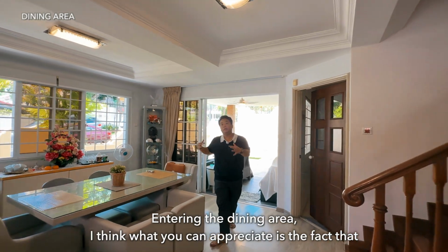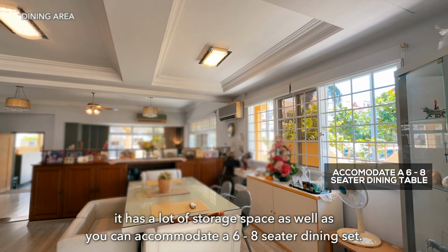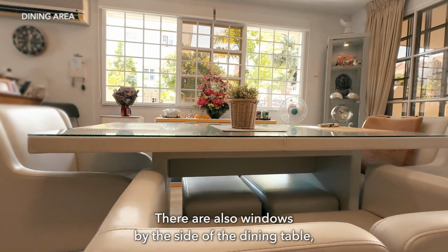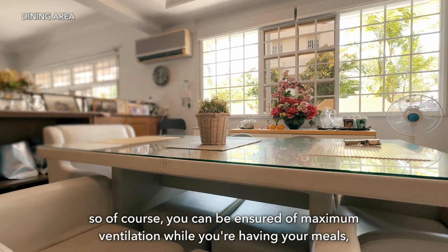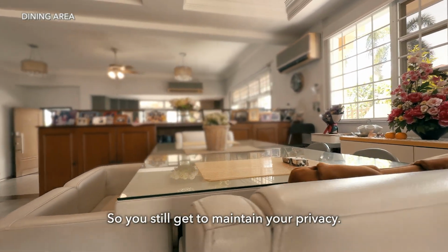Entering the dining area, I think what you can appreciate is the fact that it has a lot of storage space, as well as you can accommodate a 6 to 8 seater dining set. There are also windows by the side of your dining table, so of course you can ensure maximum ventilation while you're having your meals, as well as the fact that there's no direct neighbours, so you still get to maintain